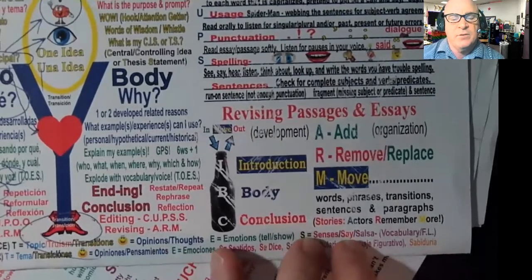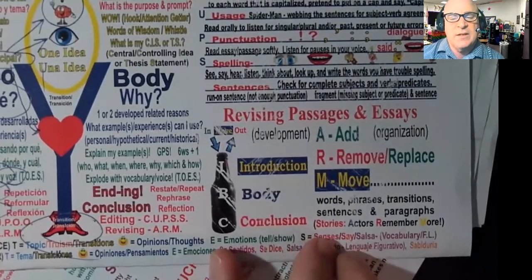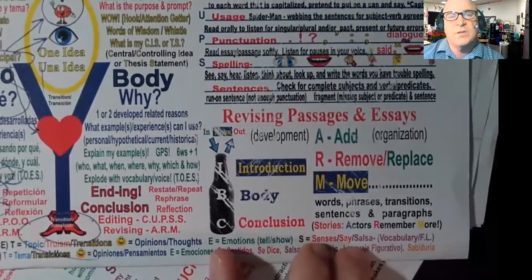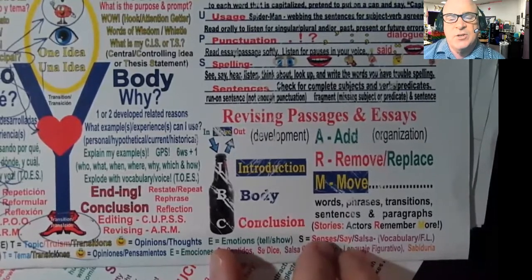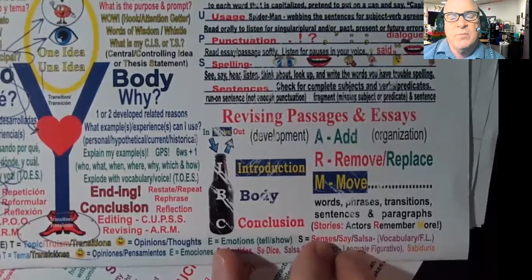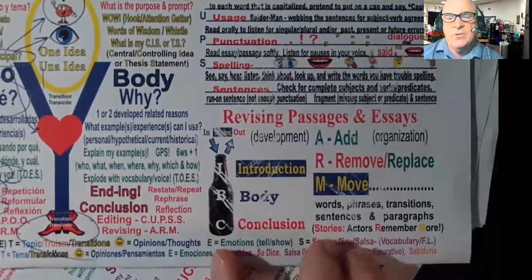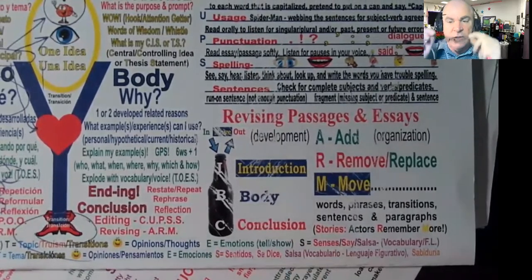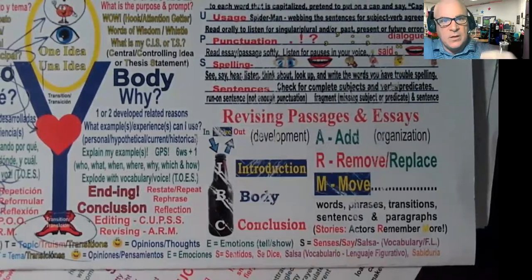The S of toes is the senses. What can I see, hear, feel, taste, and touch that I can also relate to? I want to be able to see the world as you see it. When I remove my glasses, the world doesn't change, just the way that I see it. And so I want the reader to be able to see the world, the topic, my idea, and my reasons from my point of view,